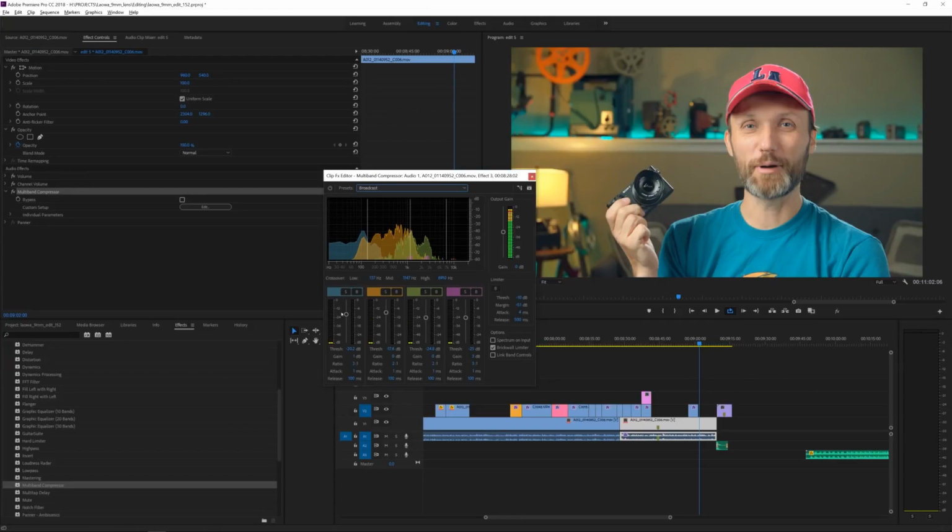And basically what a compressor does is, like the name suggests, it takes the lower levels of your audio and the ones that might be really high, and compresses them together to be in one range. And you can control the overall final effect by taking the output gain here and you can adjust it, make it go up or down.